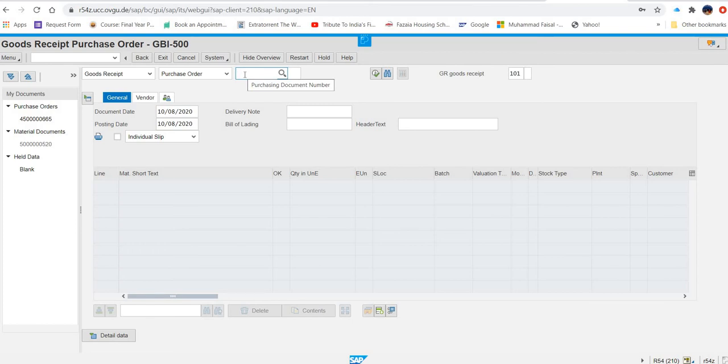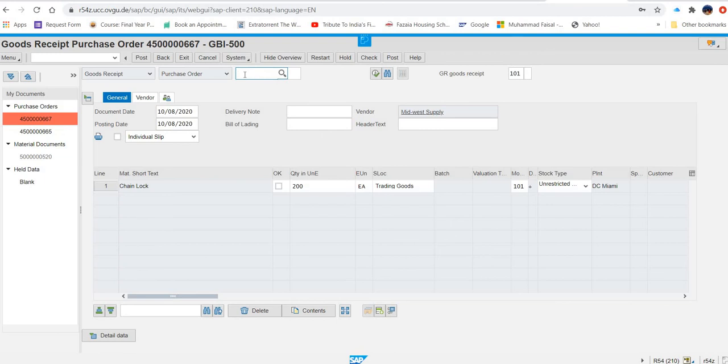So I'm going to do the same. And then press enter. So you can see the purchase order number comes and the data has been added here.